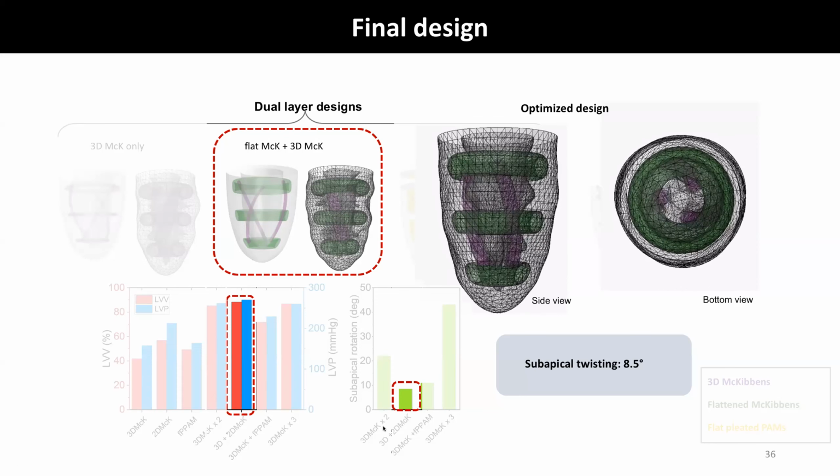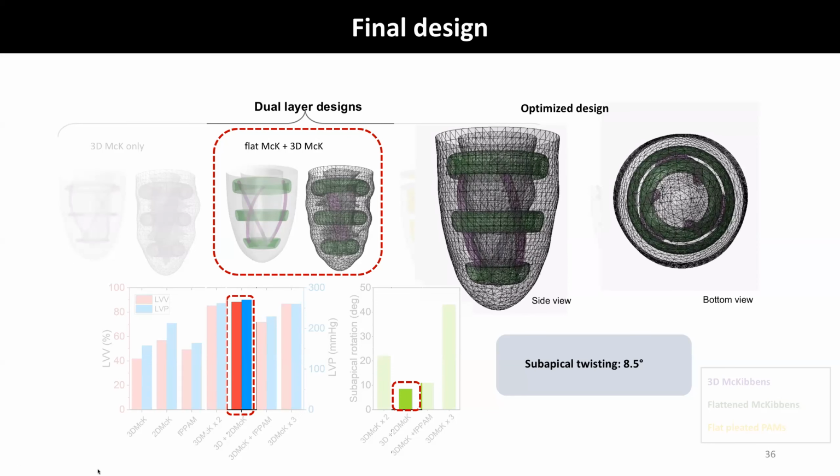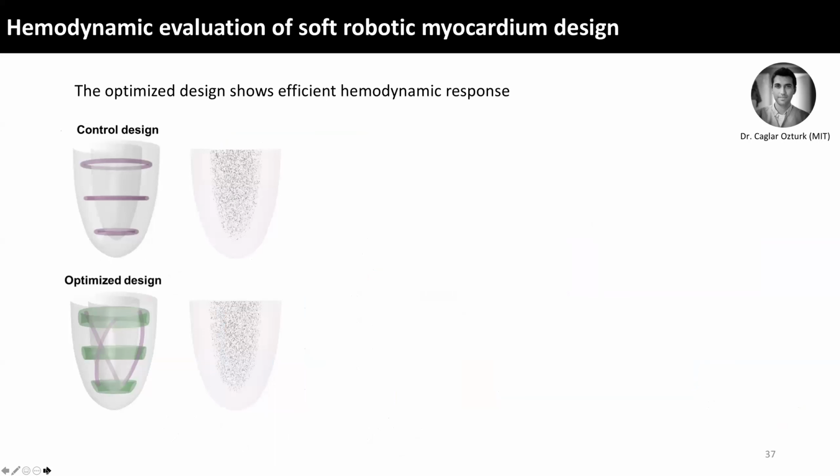So with both of these, we could quite accurately model, at least in silico, the motion of the heart. We also looked at coupling this to a fluid model, because if we want to advance this at some point to using it with blood, we can't have stasis or stagnation of blood in the chamber. And if we can take our mechanical model and couple it to a fluid model, you can look at the